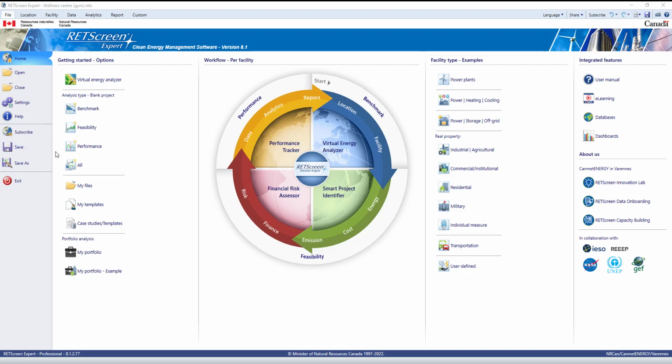In this video, we are going to explore a few of RedScreen Expert's performance analysis tools using sub-daily data. We will look at a time series graph, a load duration curve, as well as a heat map. Along the way, we will also discuss some of the benefits as well as limitations to working with sub-daily data